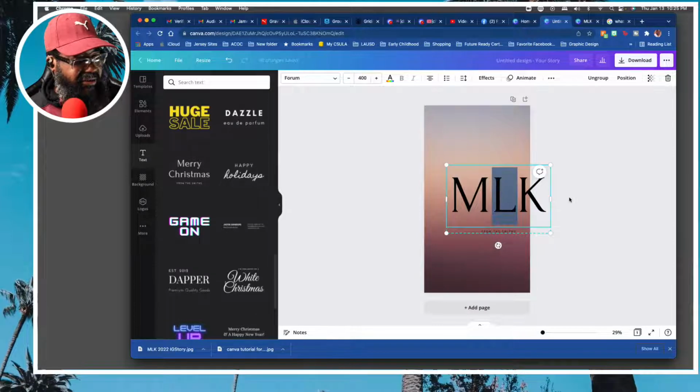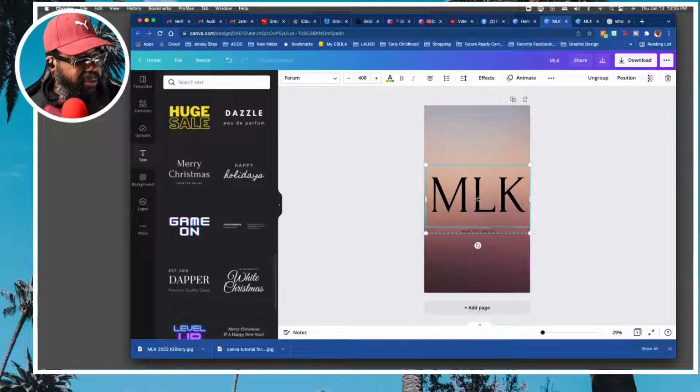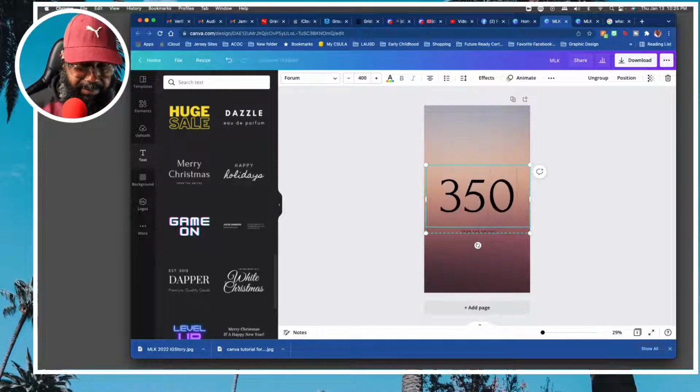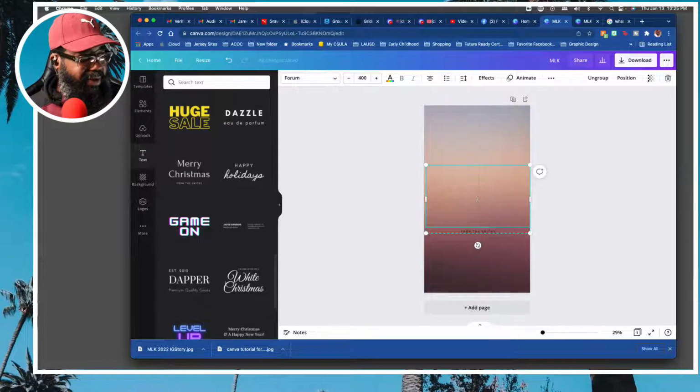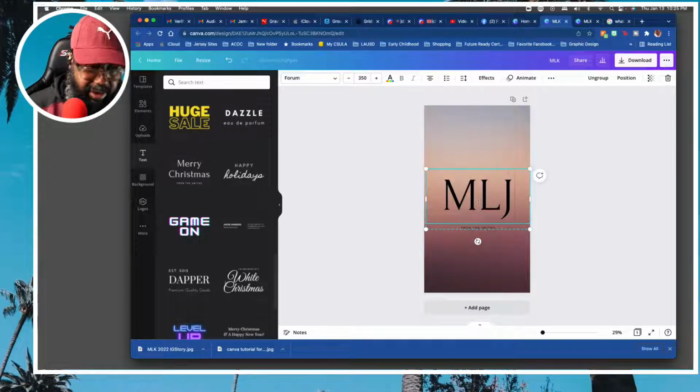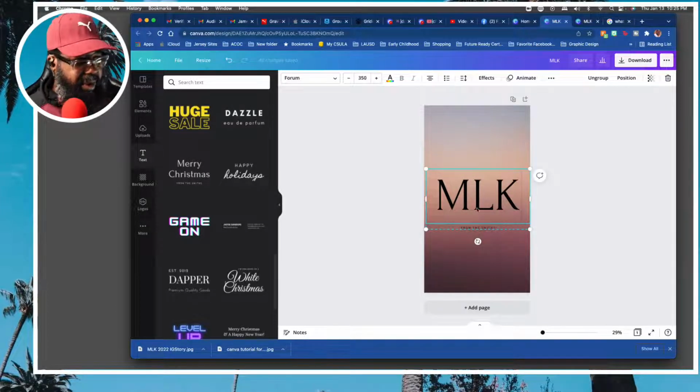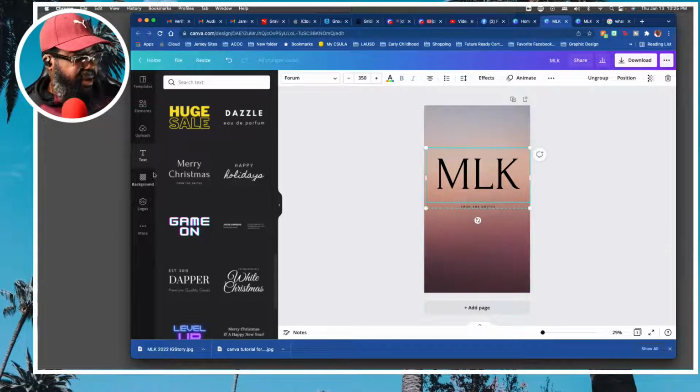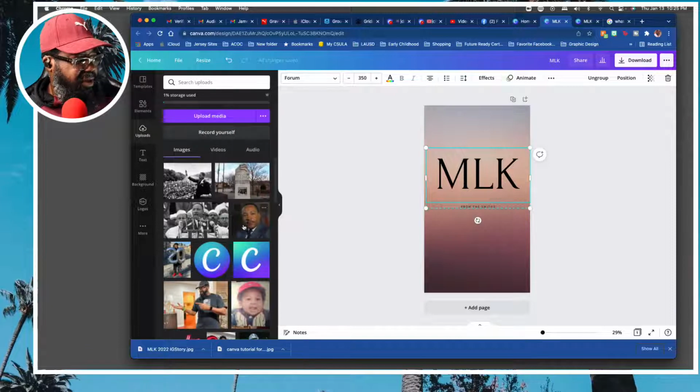Okay, let's see if I can get that in there. Okay, you know what? Let's do 350. 350 for the font size. So 350. And we want to put in, because I messed it up, MLK. Come on, I want a capital K. There we go. And then if I want to put maybe one of his images, him speaking,